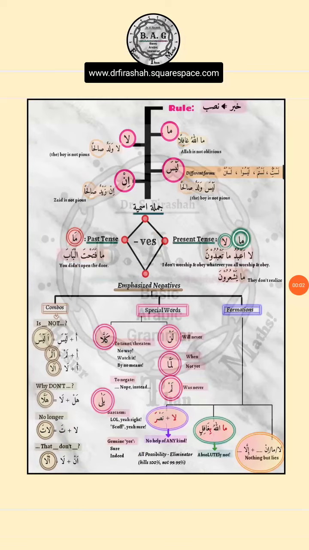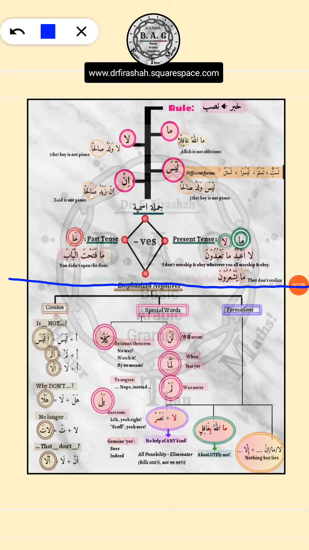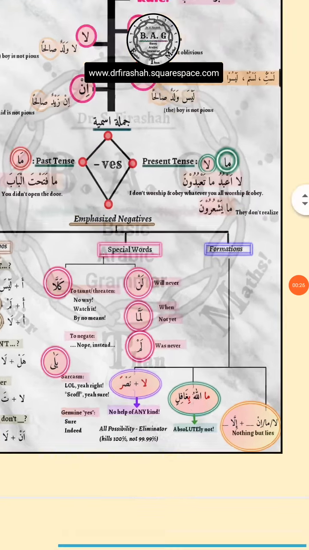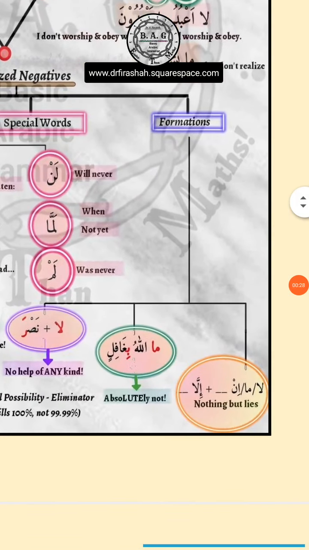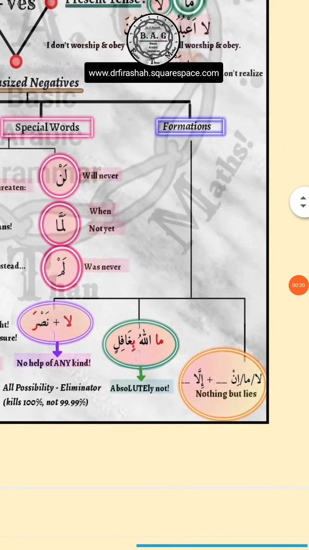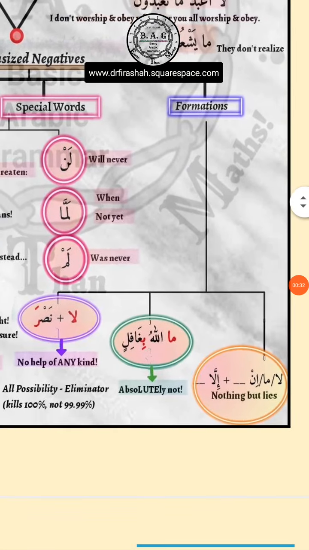All right, so I hope that you remember the entire illustration that we did in the previous lesson, and this was the portion that we have already covered. Okay, so you've got ma, laisa, in, and all these things. Okay, and the most important thing for these huruf is that the khabar has to be nasab. Okay, all right, then you have today's lesson, which is going to be about the three specific formations. Okay, so we'll be studying these: